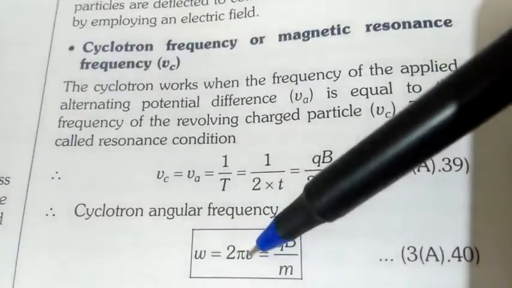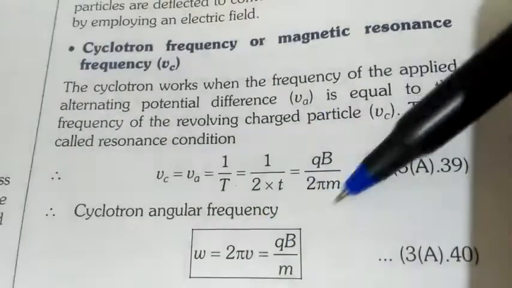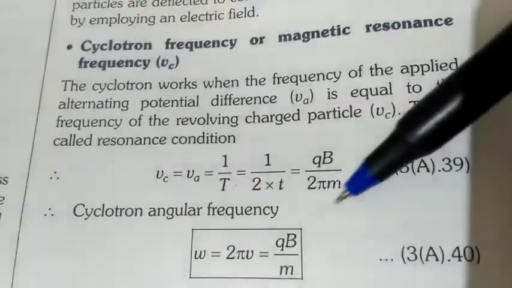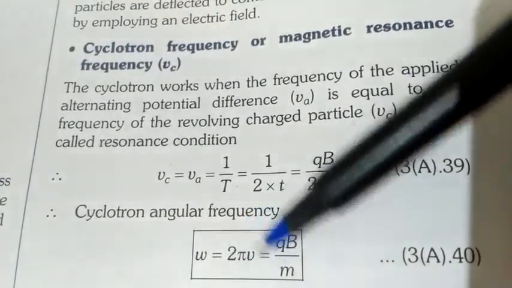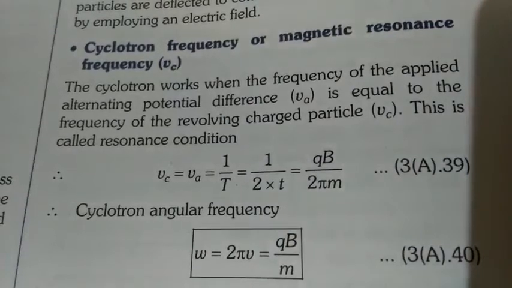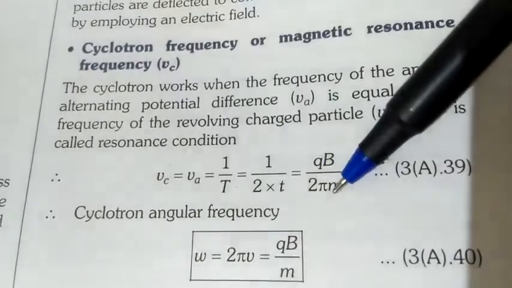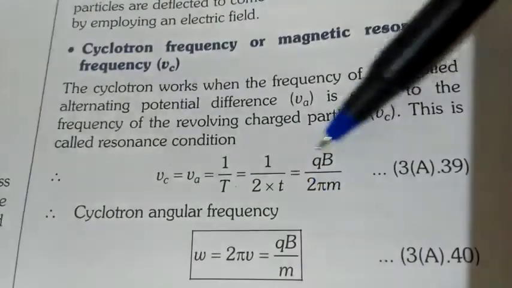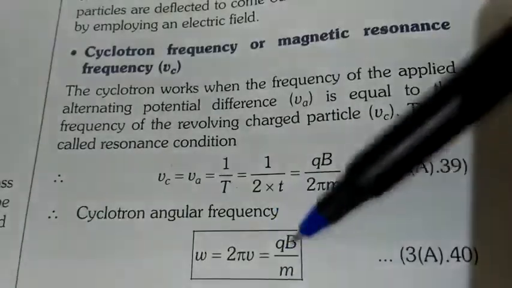Sorry, it is not v, it is nu here. So when we put the value from here, this is the value of resonance condition frequency. When we put this value here, we get this equation, qB upon m. It is the cyclotron angular frequency. If we simply ask what is cyclotron frequency, this is the equation, and for cyclotron angular frequency, this